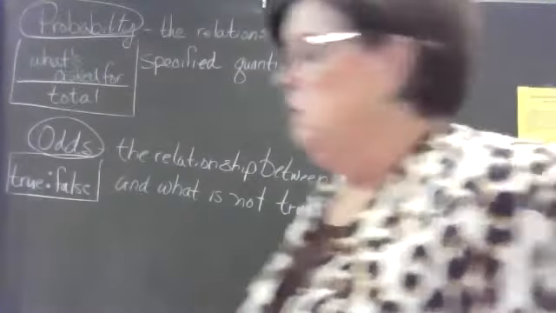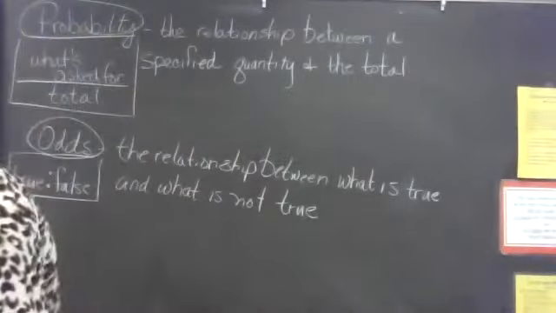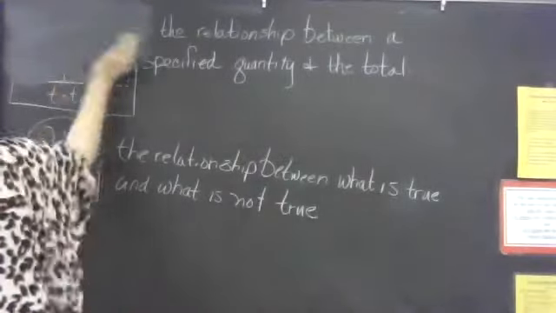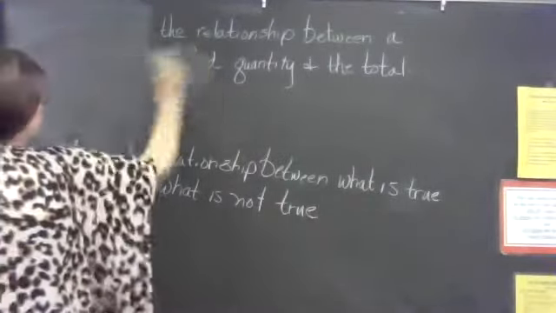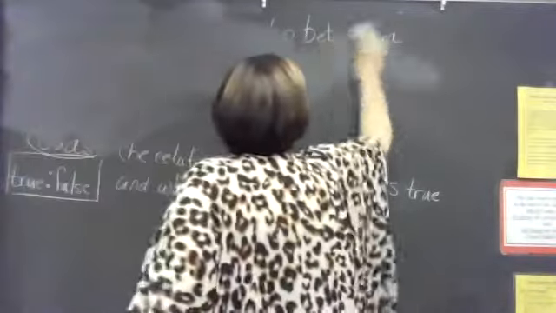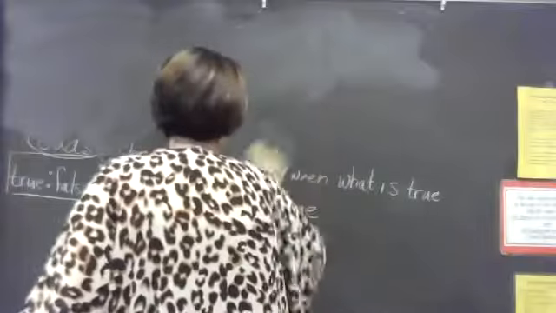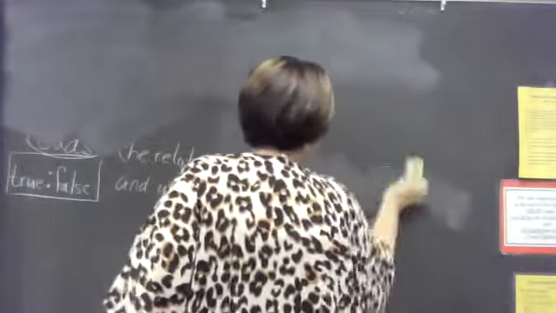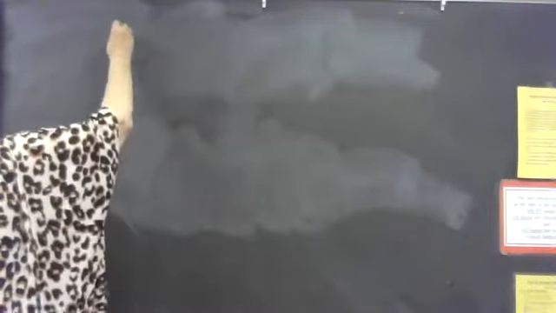Okay. All right. Probability: the relationship between what we want to find out and the total quantity. Now, a lot of you already know about probability, and the others of you are going to catch on extremely quickly. Okay. The one I like to start with is